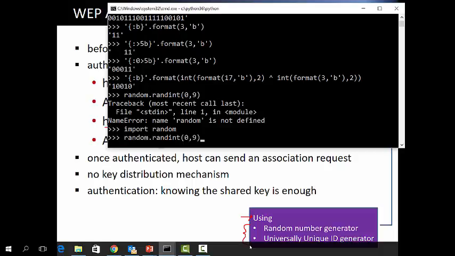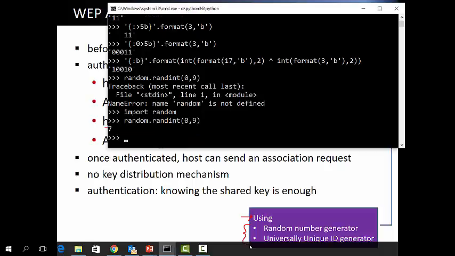Once you have that, then random, and there's a 7 right now, right?